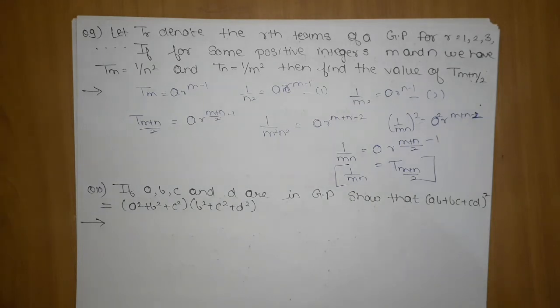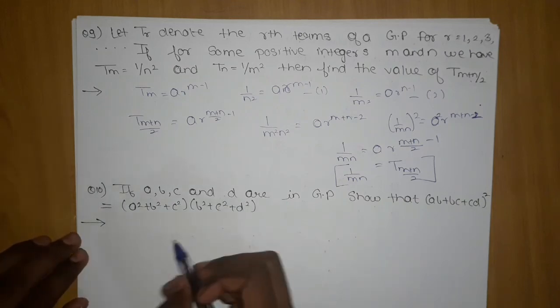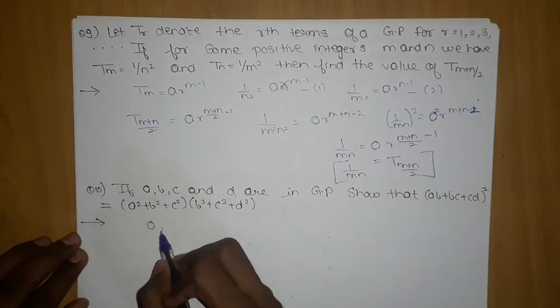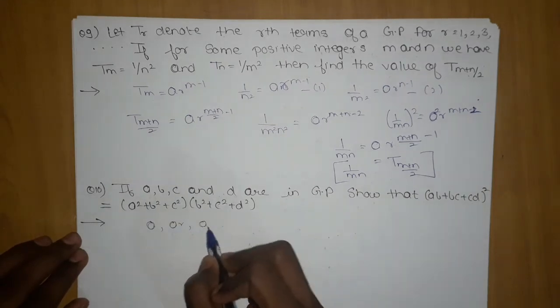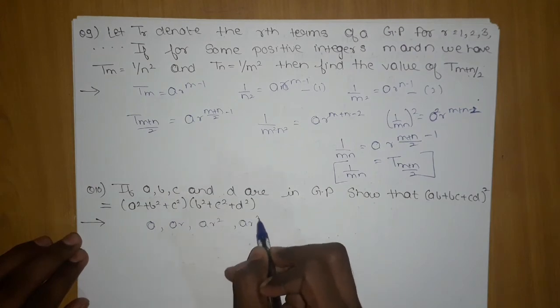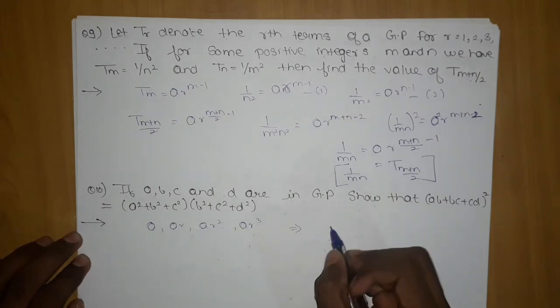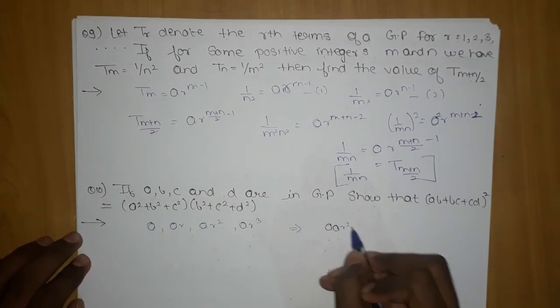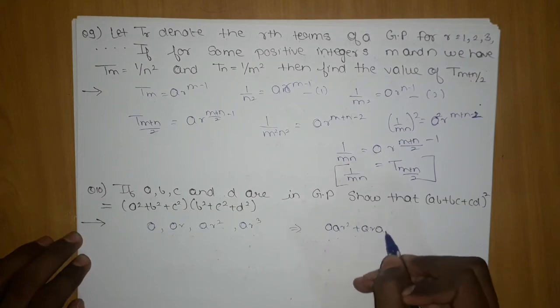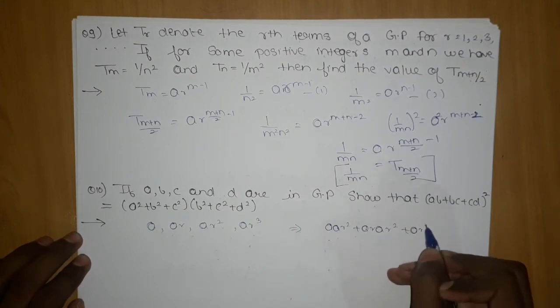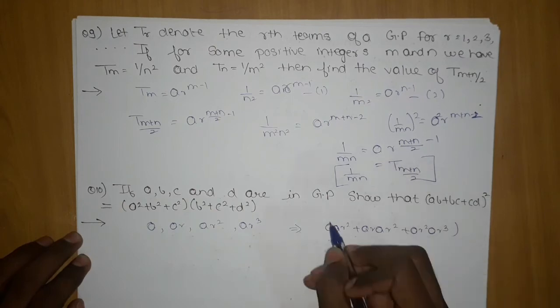If a, b, c and d are in GP, show that ab plus bc plus cd the whole square is equal to a square plus b square plus c square into b square plus c square plus d square. Okay, how can we prove this? Now if I consider a, ar, ar square, ar cube. Okay, now what can I get from here? This is nothing but a into ar, ar into ar square, ar square into ar cube the whole square,